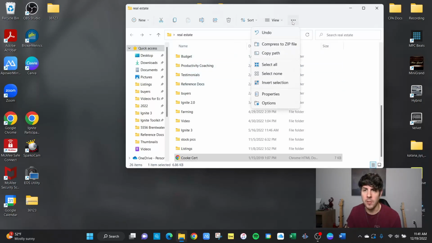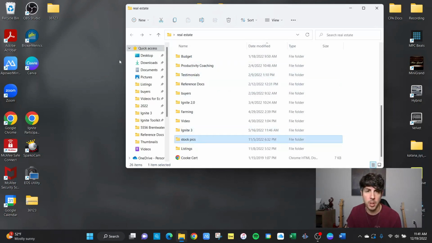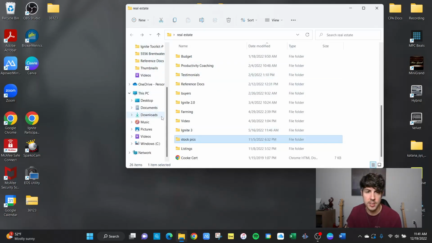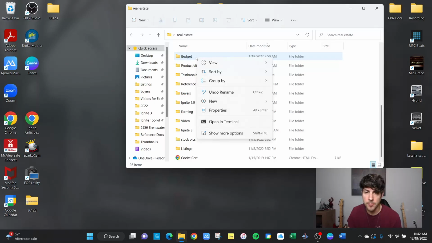All right, so we've seen a lot of really cool stuff there. We can also search for stuff within a folder in the search box if it's a really big folder. But I also want to show you this bar right here. So this is some of the main places that you will go. And if there's a place that you go to a lot and you want to pin it over here, you want it to be there all the time so it's easy to access, you can right-click a folder, hit Show More Options,